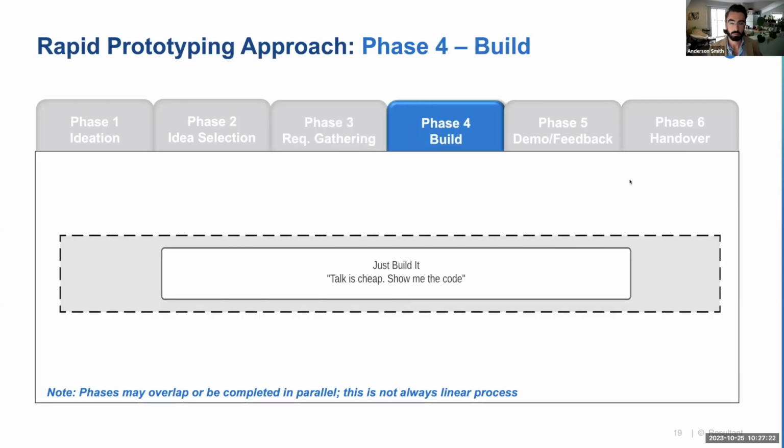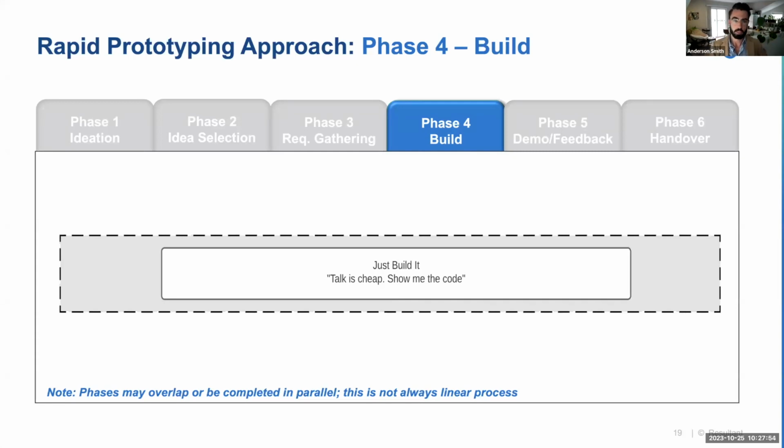Then once we get into the build portion, this is really the bulk of the rapid prototyping projects. A lot of this here for ideation, idea selection, requirements gathering, that all may take place over the course of anywhere between 1 to 3 meetings. So it's stretched out a little bit more here as I'm walking through it, but that honestly takes place pretty quickly, especially for rapid prototyping projects, just because we want to get into the build here, because that's certainly the